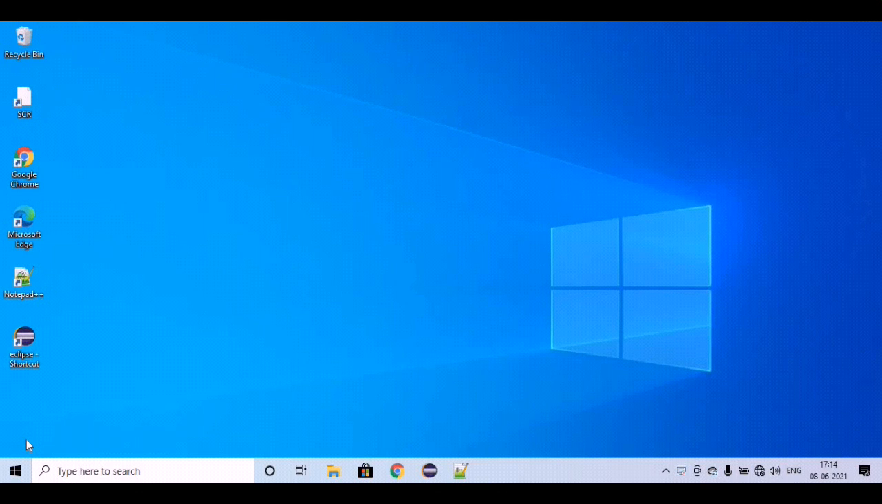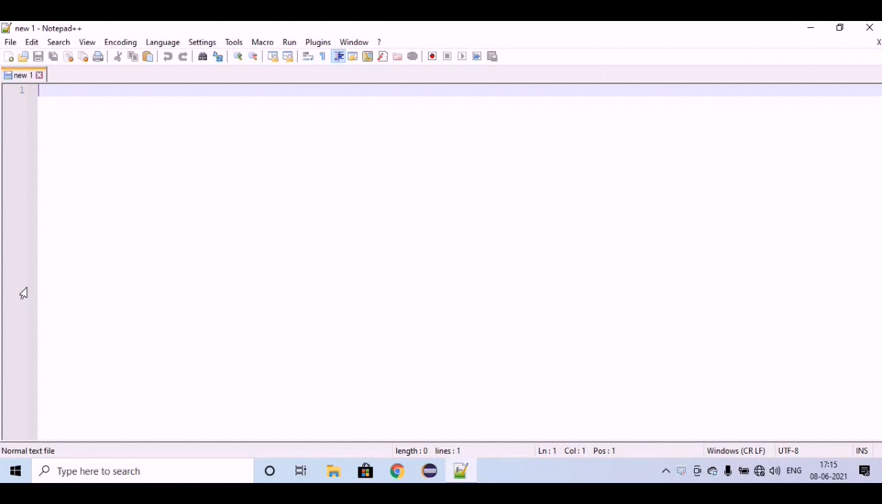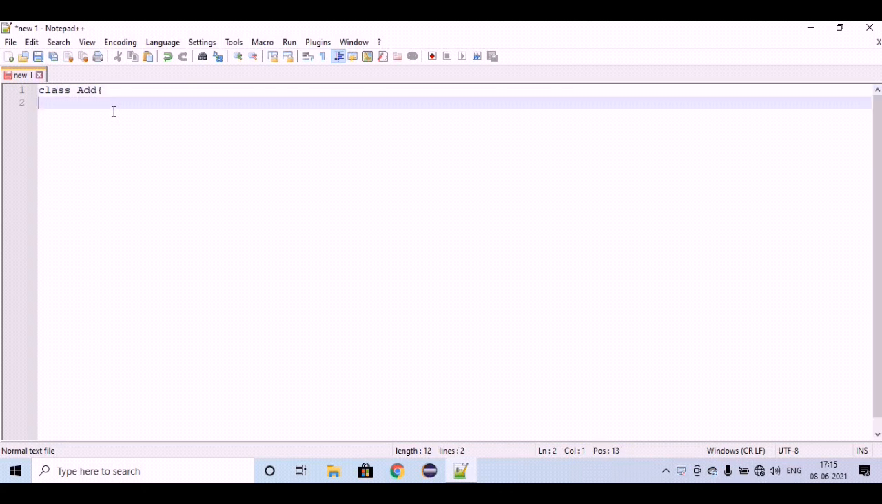Now let's create a Java program in our Notepad. Open any text editor of your choice. In my case, I will open Notepad++. Let's create a Java class. Let's say class, and the name of the class can be add. And let's create a main method, public static void main,